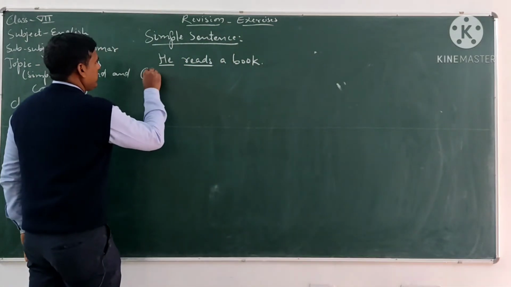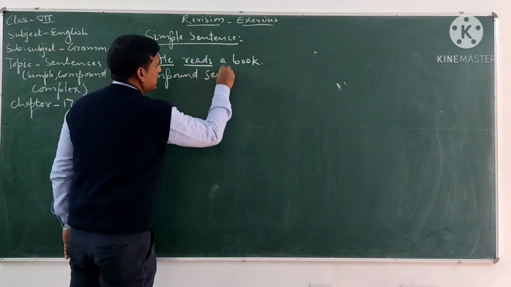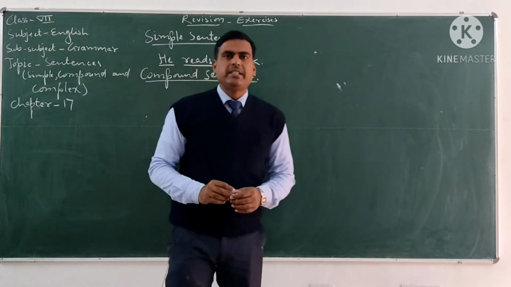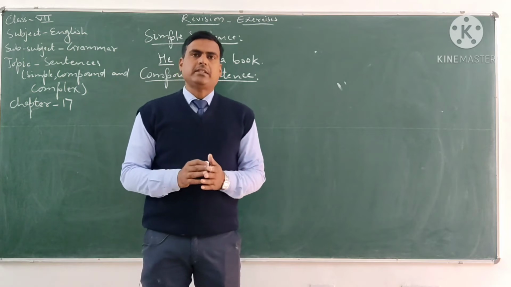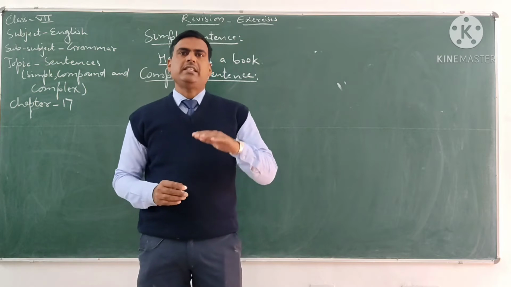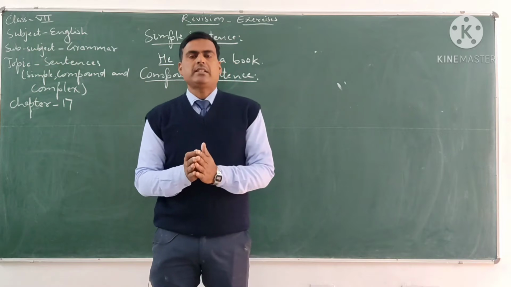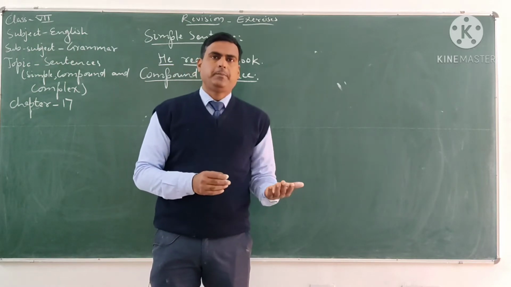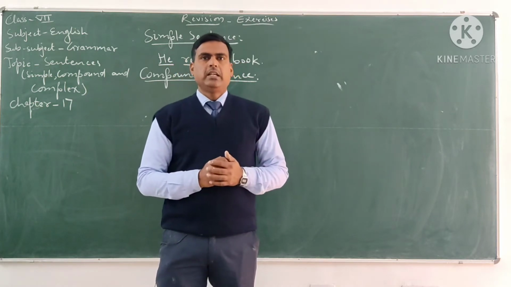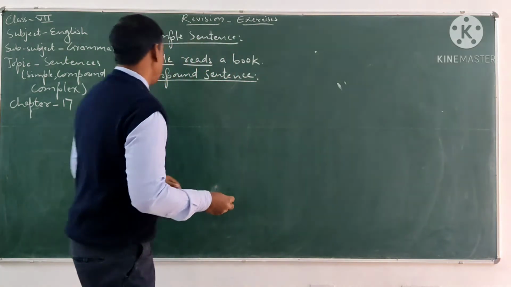Now see the second one. The second one is compound sentence. A compound sentence is a sentence which contains the sentences, the clauses of equal rank. There may be two clauses or more than two clauses. For example,